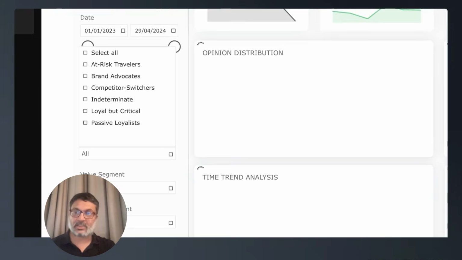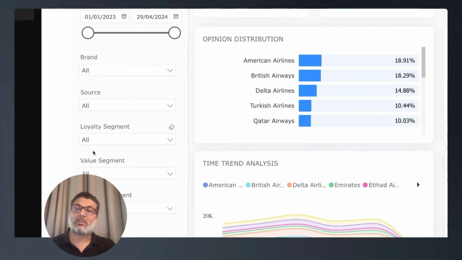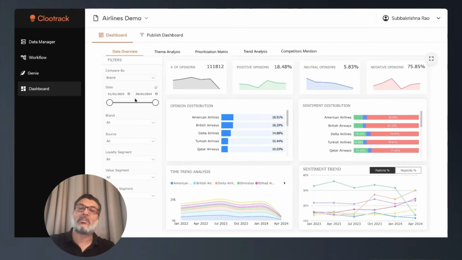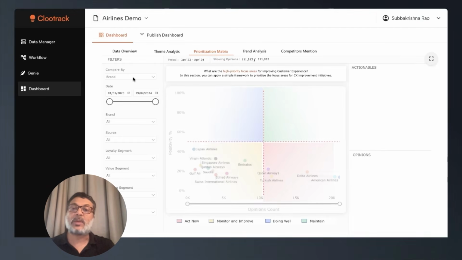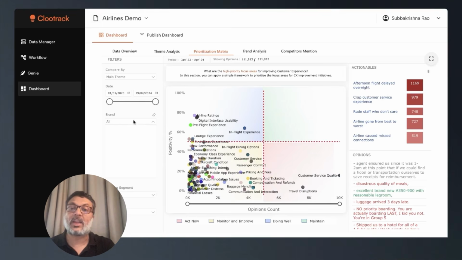An interesting insight afforded by this dashboard was that both the luxury seekers and the value hunters were complaining about the value that they were deriving, or the pricing and fees. Let us see how this plays out. We have this visualization called the prioritization matrix, which allows you to concentrate on specific experiences that customers are having. Here I'm going to compare by the themes that people talk about. Pick a specific airline that aims its